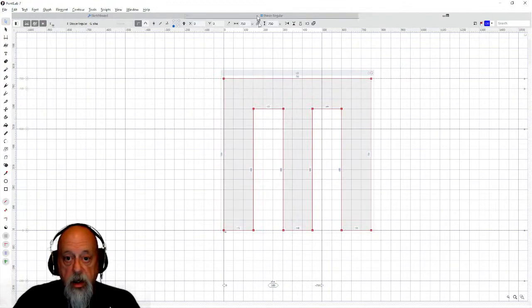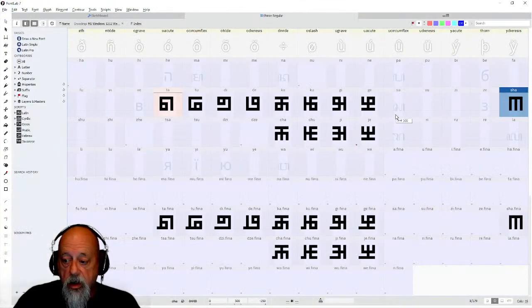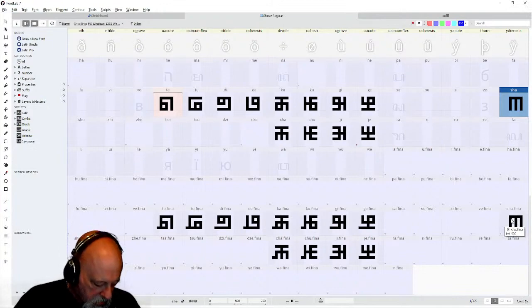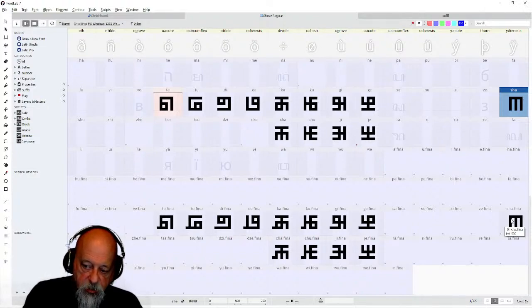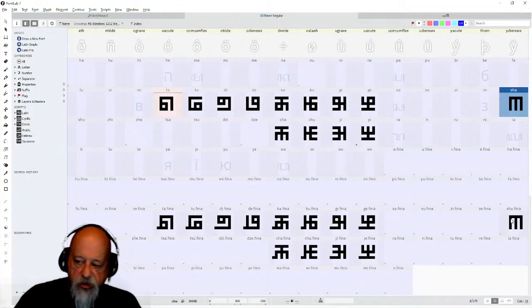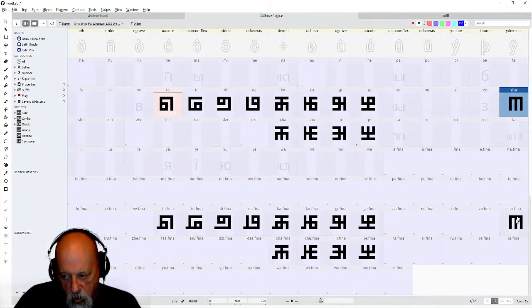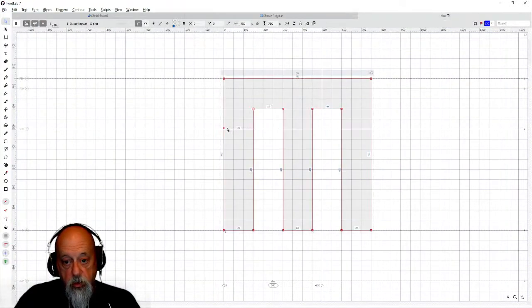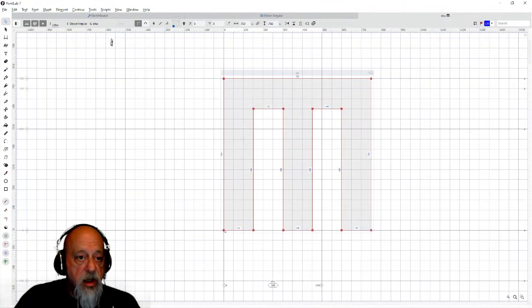Okay, copy, back here. Now, before I carry on, you will note that over here is SHA that I built. Down here is SHA Fina. The font program has automatically put that in there. So that saves me some time in this case. I'll still have to go add stuff to it, but it puts it in there as a reference to this one. If I make a change to SHA, it will change it down there automatically. So I come over here and I Control V, and you'll see it's pasted it in exactly the way I want,